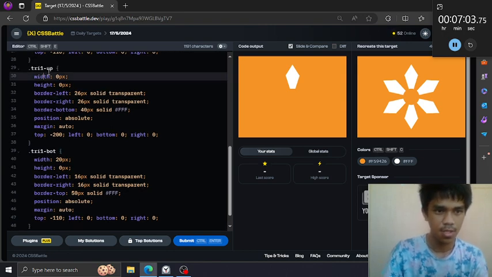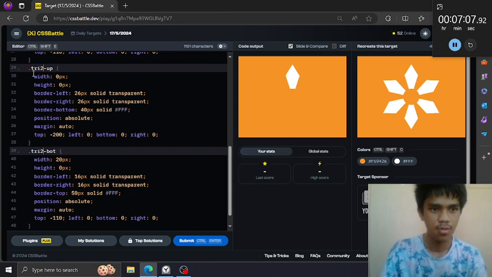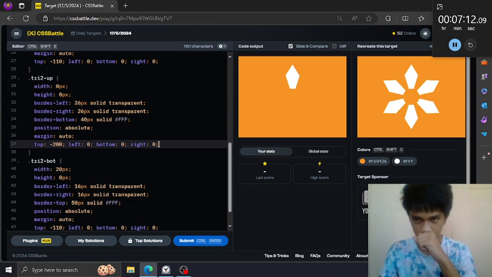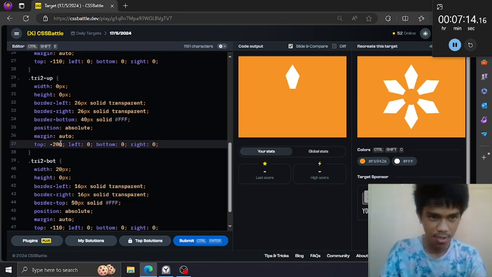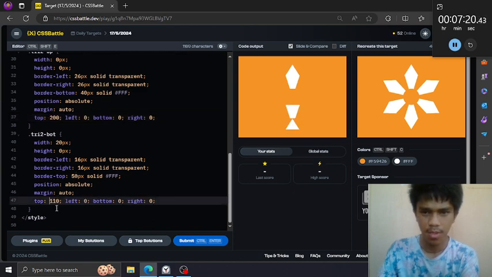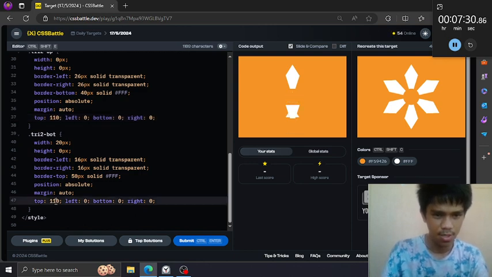Then name this to 2 and their position. This is 110 and this is 200. It's 200.